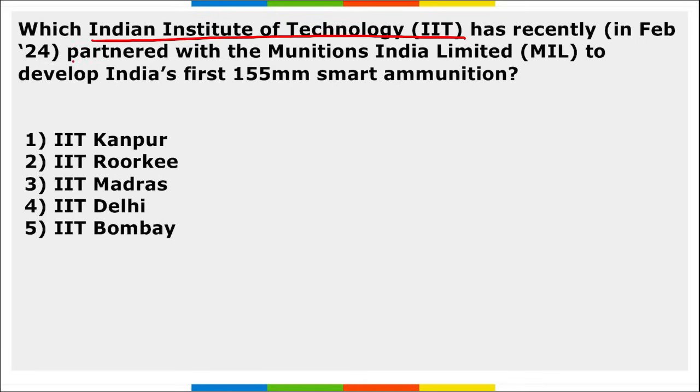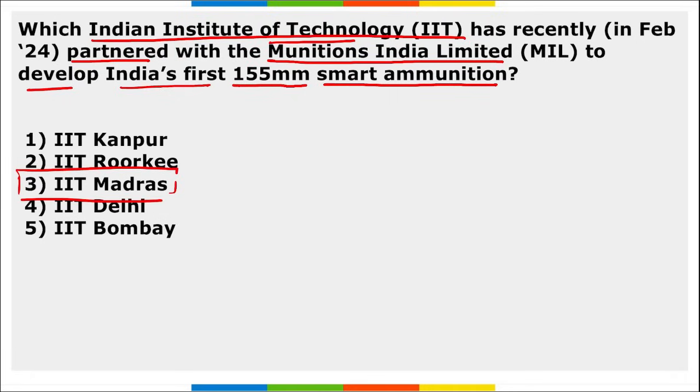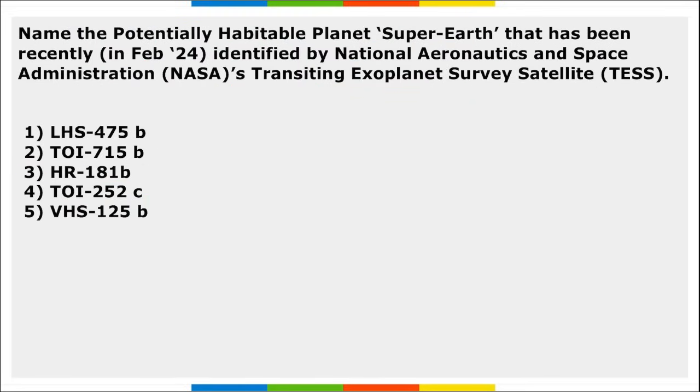IIT has recently partnered with Munitions India Limited to develop India's first 155 smart ammunition. It is IIT Madras. I repeat, IIT Madras recently partnered with Munitions India Limited to develop India's first 155 smart ammunition. Next, name the potentially habitable planet, Super Earth, that has been recently identified by NASA's